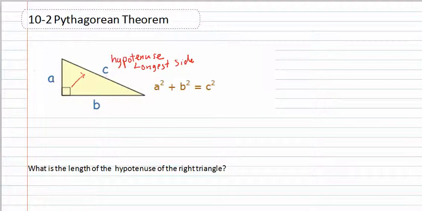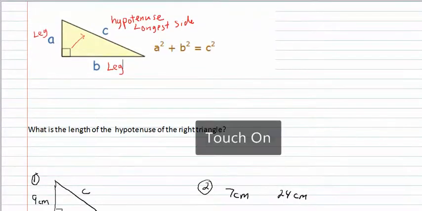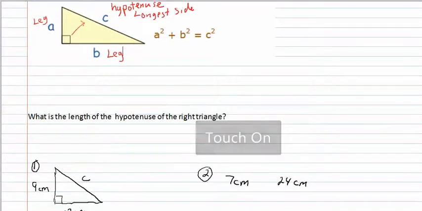Always the longest side. These two, the A and the B, they're known as the legs. This is a leg of the triangle, and this is the other leg of a triangle. The formula for the theorem is a squared plus b squared equals c squared. Okay, now we're going to go through and do a few example problems on what is the length of the hypotenuse